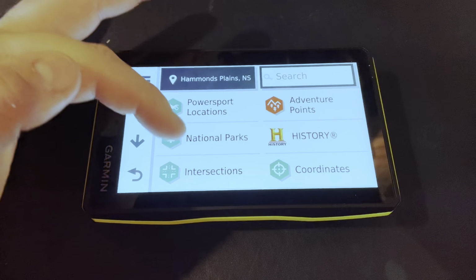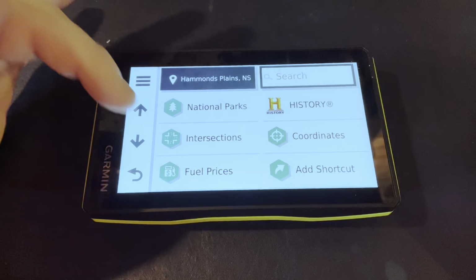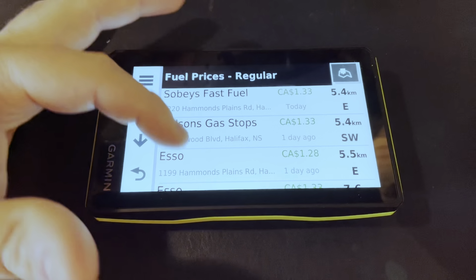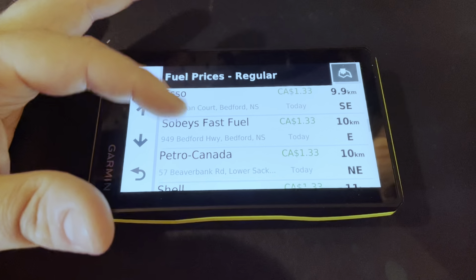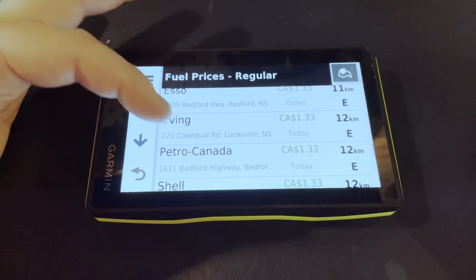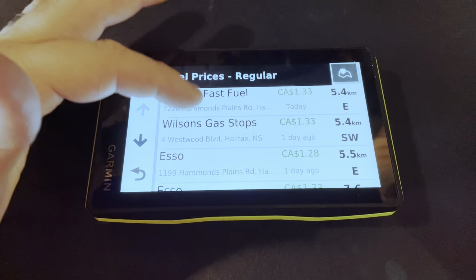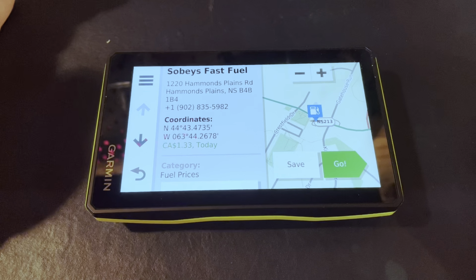What else we got here? Another thing that's really interesting here is if you're paired with your smartphone, you can get the latest, nearest gas stations and current fuel prices. So you got to be paired to your smartphone, but at least you can go through. And since we're regulated in my area, the prices should be all the same. And there you go. That's about it. I don't think this will display much more information on that.